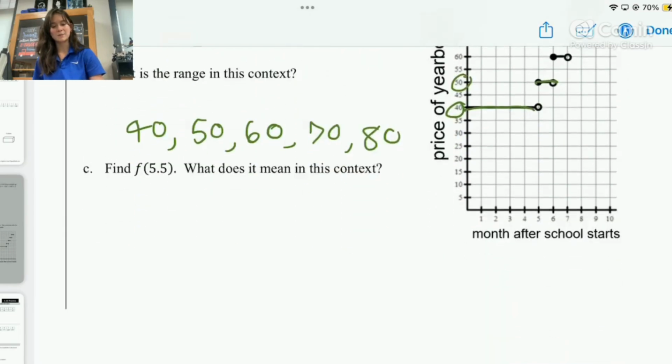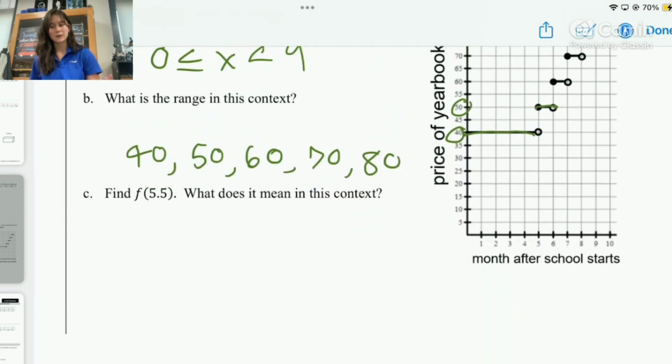And then finally, if we're trying to find f(5.5), you're going to look at the x-axis for that. And f(5.5) is about right here. And you can just look up to where it would connect on the graph. I'm just going to draw little dots so that I can easily find where that is. And you can see that it connects to the 50. So f